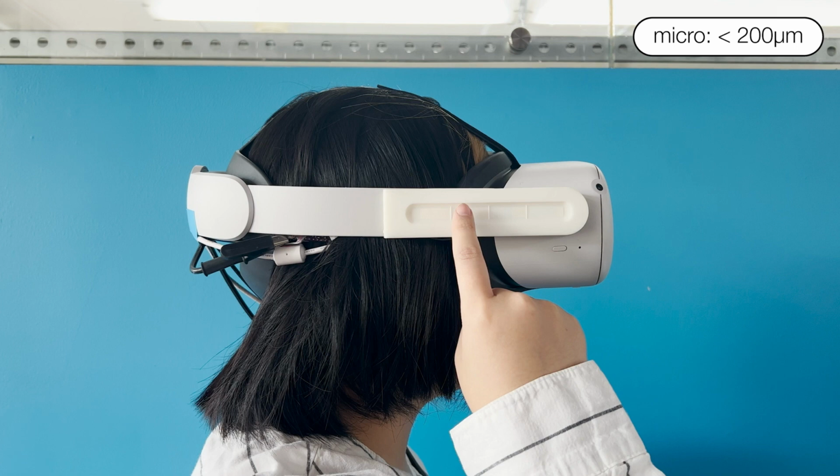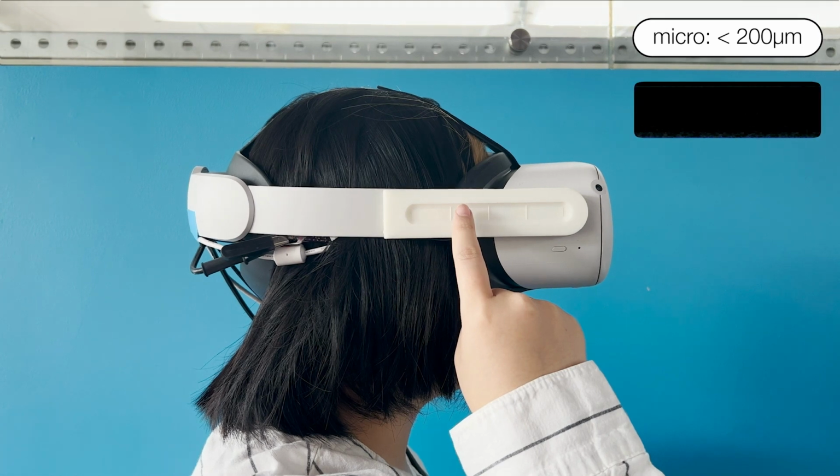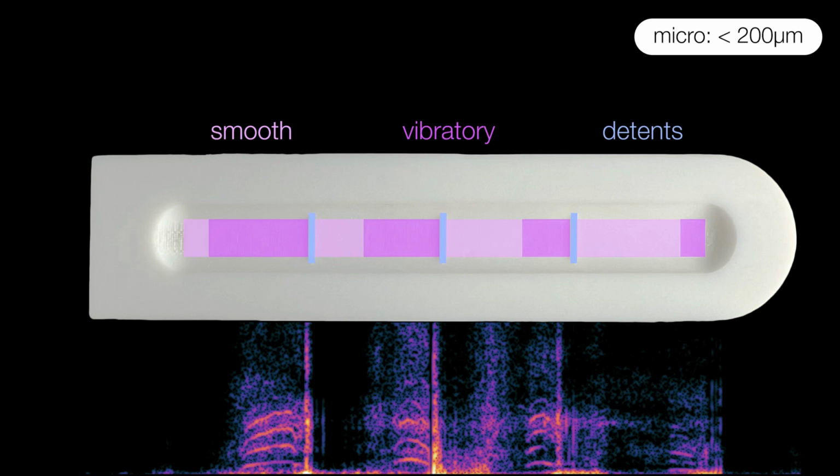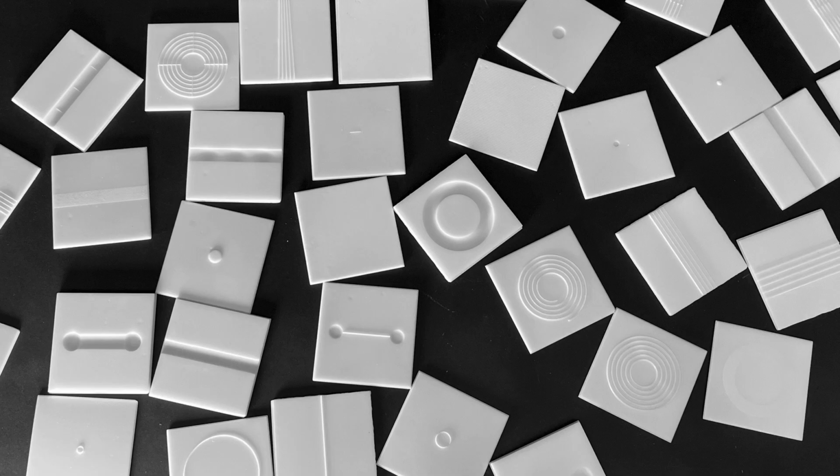Finally, micro-scale features below 200 micrometers cannot be readily felt, but create vibrations that can be sensed and used to drive interactive functions. We attached a small piezoelectric disc to sense the vibroacoustic signals. Here's the signal of an example application as the user swipes her finger on a VR headset. Note that we use different ratios of smooth and vibratory textures punctuated by detents in order to track the position of the finger. These surface features can be mixed and matched, as well as overlaid with one another in order